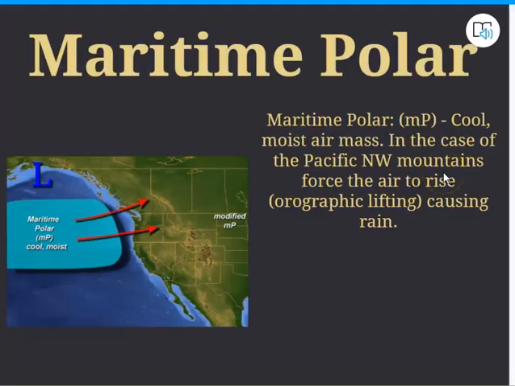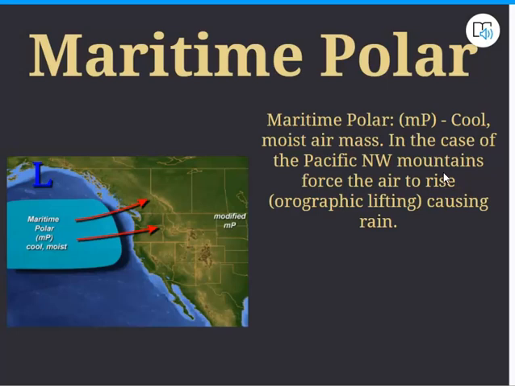All right, now you'll notice that my first word has changed. I'm talking about maritime now. What is this air mass going to be like? What would be the descriptor? Maritime. It's going to be over the water. It's going to be humid air, moist air, because there's so much water there can be evaporation. But I'm taking the maritime Lego piece and I'm clipping on the polar piece. Maritime, polar. Over the oceans, moist air, polar, cold.